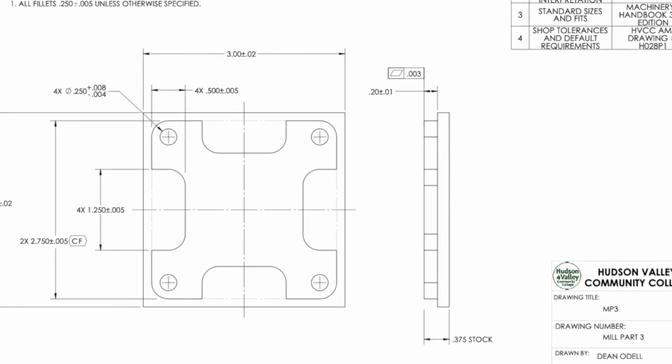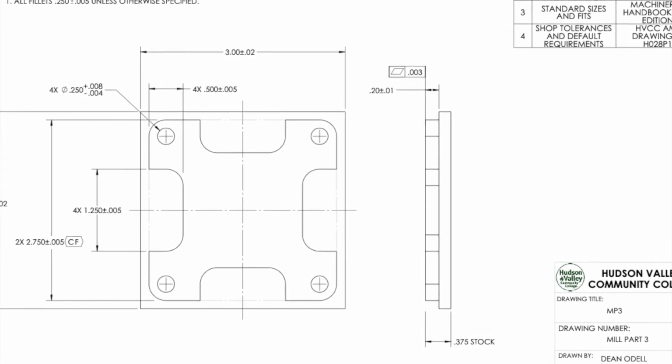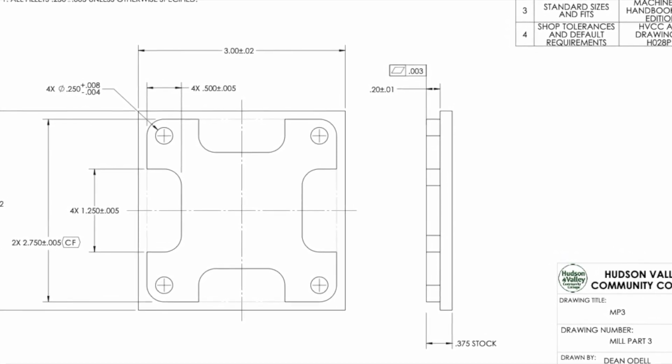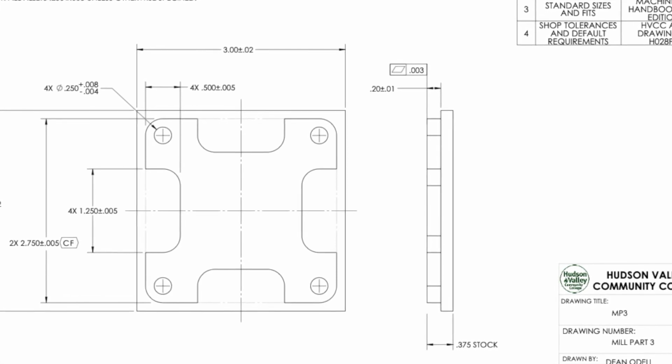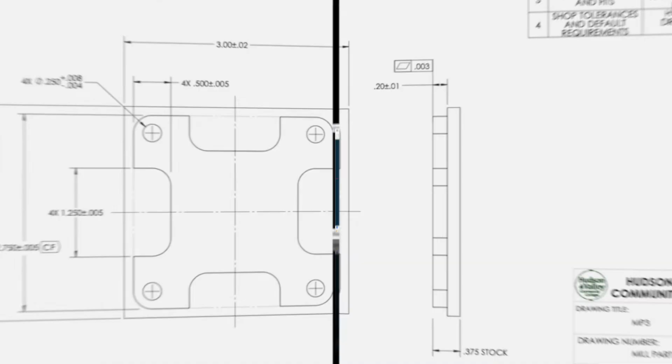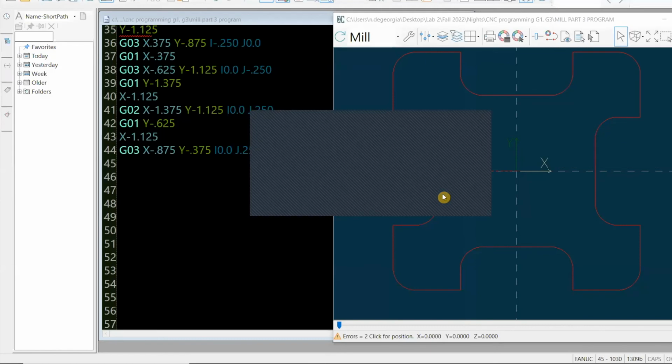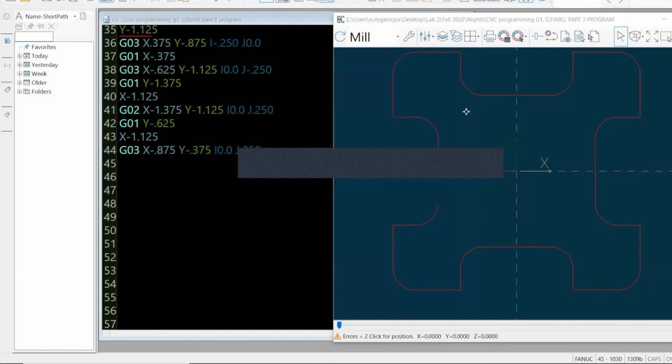I will fast forward now to the end of the program and show you how to turn cutter comp off with a line movement and then complete your program. Now fast forwarding to the end of the program, the next line I'm going to have after this G03 will be a G01. I will go to position